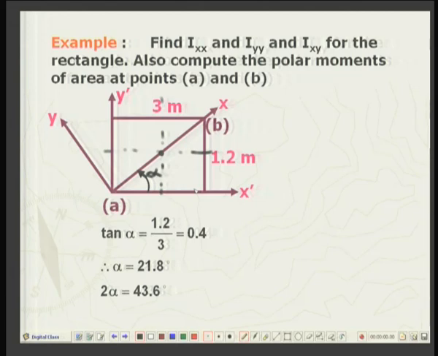So, if we consider that formula, we can calculate, let us say first of all about this axis, the second moment of area is easily obtained, then this has to be transferred to the x dash axis by parallel axis theorem. Similarly, I will calculate the second moment of area about the vertical axis passing through the centroid of the rectangle and then shift it through parallel axis theorem. So, that is the procedure.